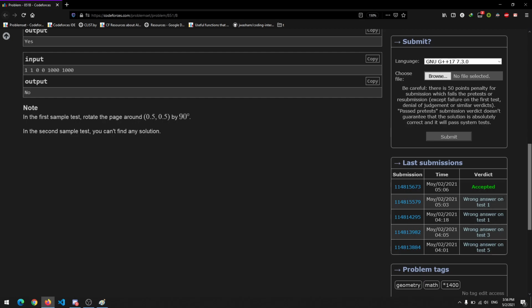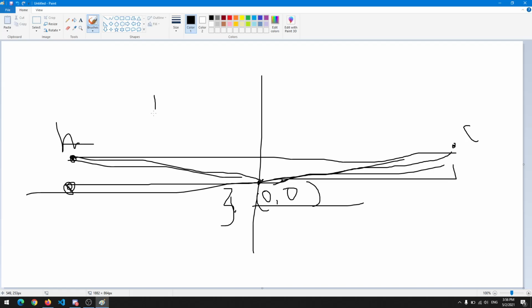It was maybe 3 or 5, one of these where I failed. I thought it was the second test case. So A was minus 1000 comma 0, and C was plus 1000 comma 0.